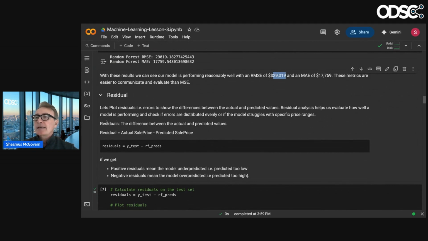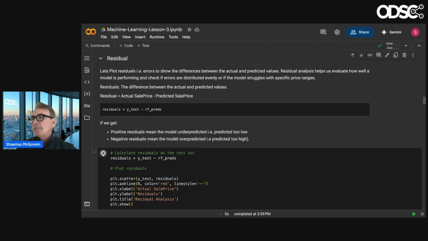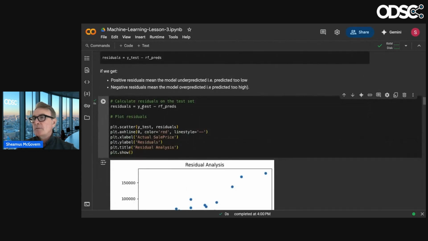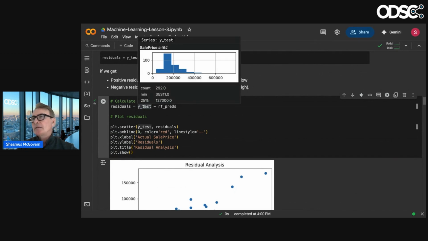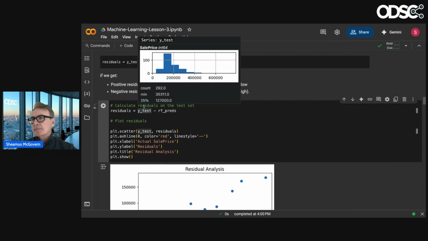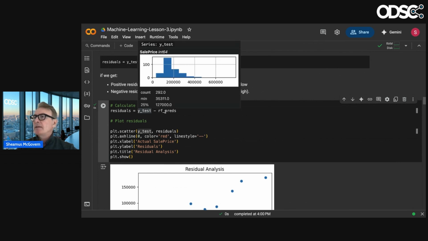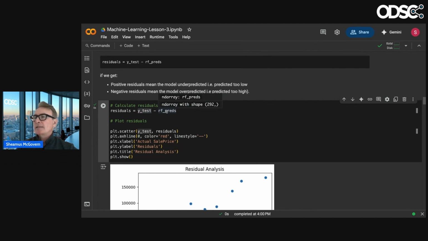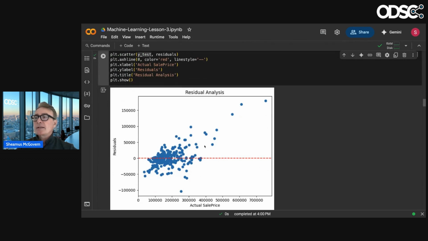Plotting the residuals, again, the difference between the predicted and the test, is always kind of interesting. To predict those is pretty simple. Because we're working with a series or an array, probably an array. Yeah, it's a NumPy array. So we're just taking the difference between the two, and we're just plotting the residuals.